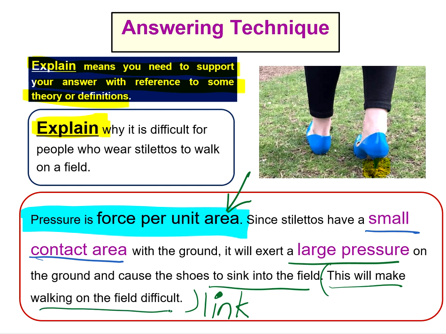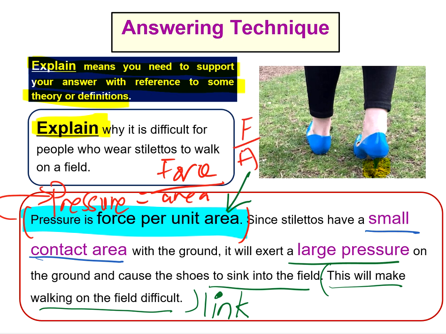So do remember that when you are answering the question, you have to write down the definition for pressure. If you do not want to write the definition, you could also write down the formula. Which means you could write down pressure equals force over area. So you can replace this highlighted portion with this formula. But I would prefer if you write out the words force and area rather than just putting the short form like that. Okay,